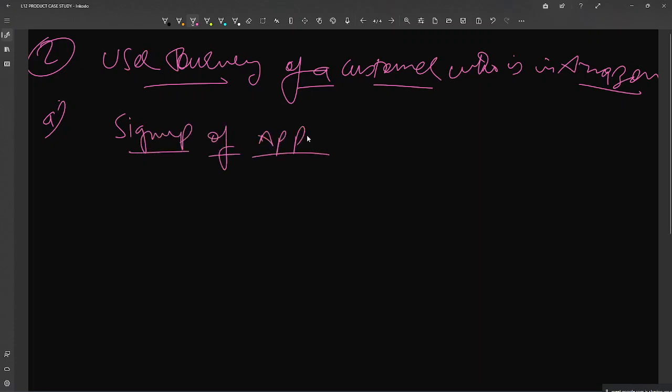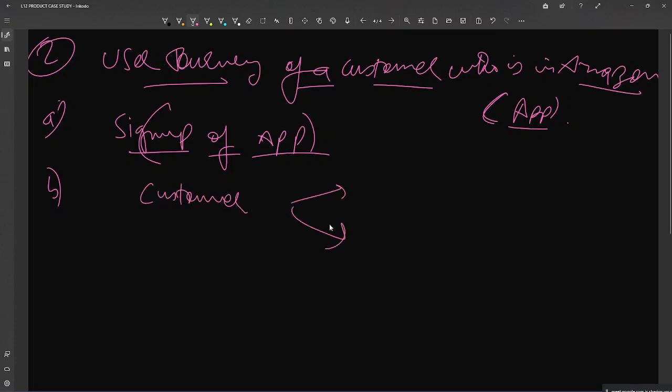Let's start with sign up. Whether it's website or app does not matter, you have to sign up, right? And let's assume for this particular problem statement we are focusing on an app only. Sign up on the app. Then the next option is either